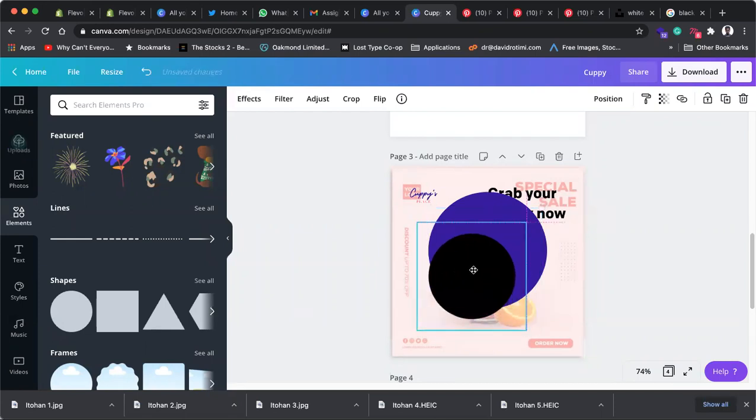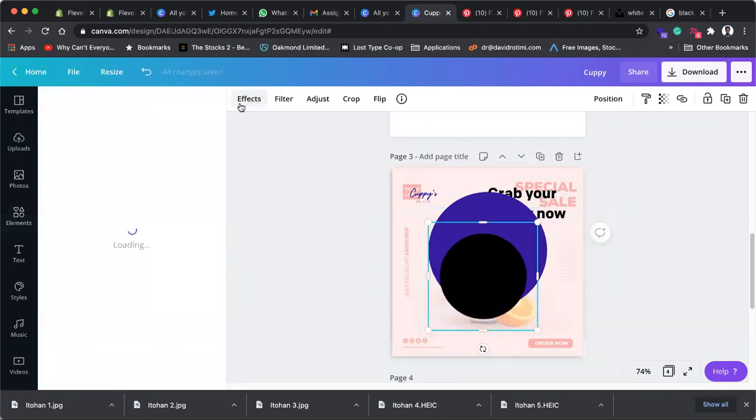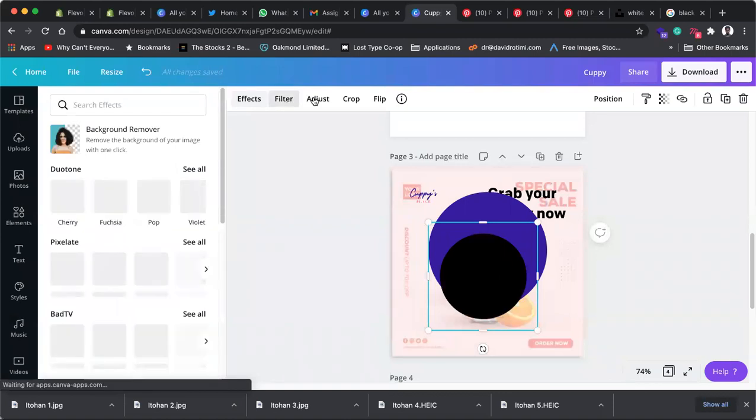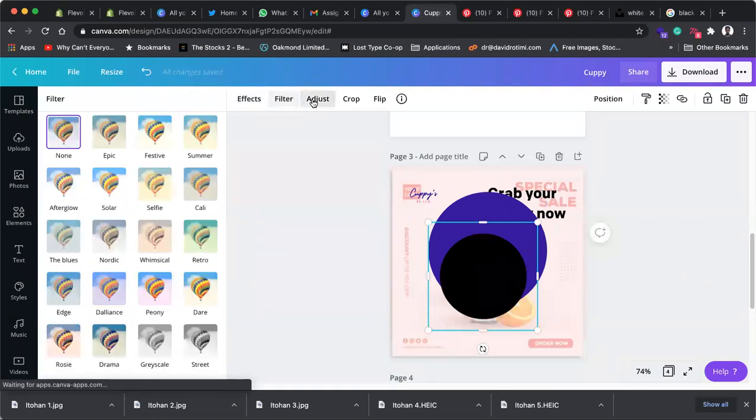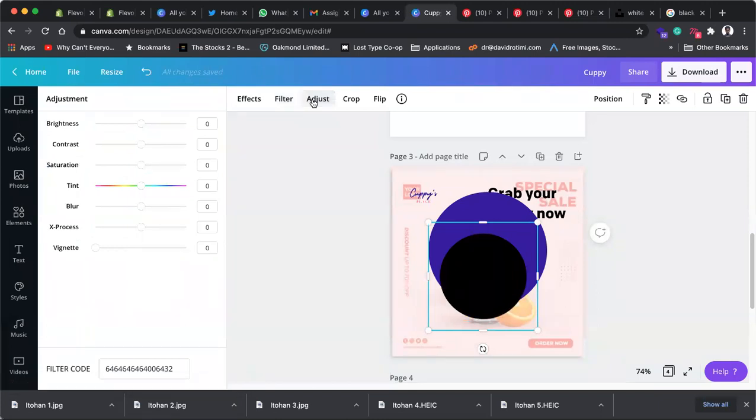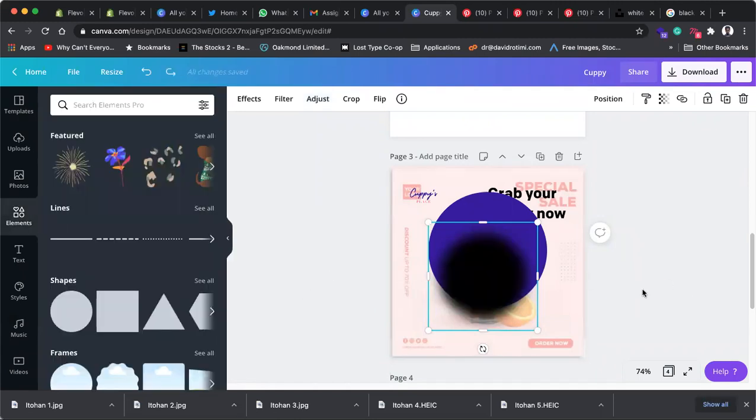Okay. Now, how does this work? So I'm going to go to my effects. Sorry, not effects. Adjust. Okay. Now, when I go to adjust, I'm going to blur. Can you see that? Okay, no, I can't use the vignette. I'm trying to find it. Okay, no, it's not here. So, you know what? Let me undo. Right now, if I take this behind,